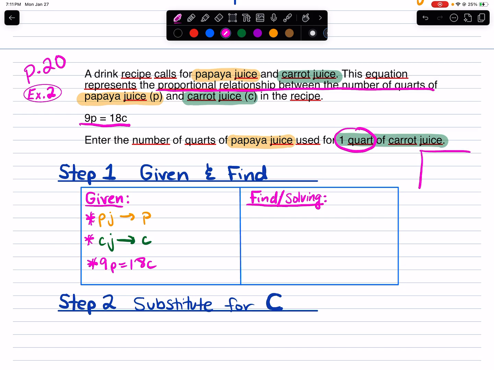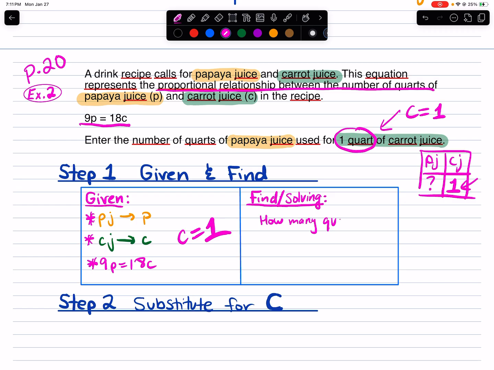So if you had a table, pretend that there was a table. Papaya juice and carrot juice. Pretend there's a 1 for the carrot juice. They want to find out how much papaya juice you need for the 1 carrot juice. So you know that C is equal to 1 here. Carrot juice is equal to 1 in this situation. And we need to find out